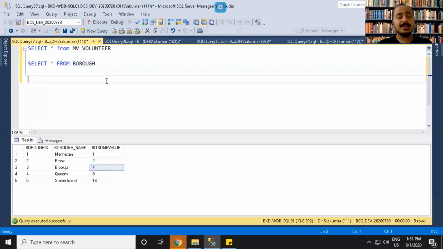Now, while storing those values, we will just store the bit sum value, the sum of all these, not only three, all these five or whichever values you want to store in that particular column.